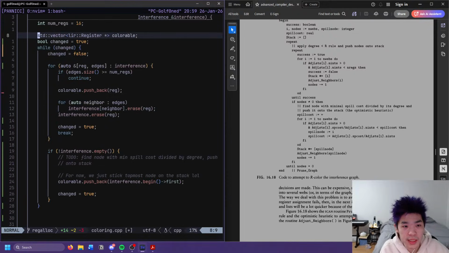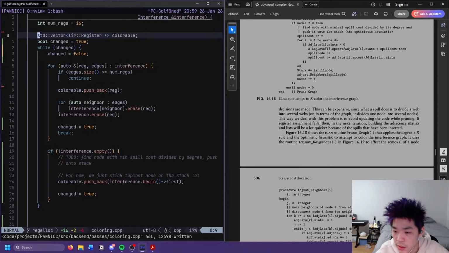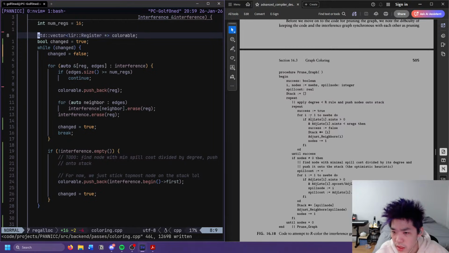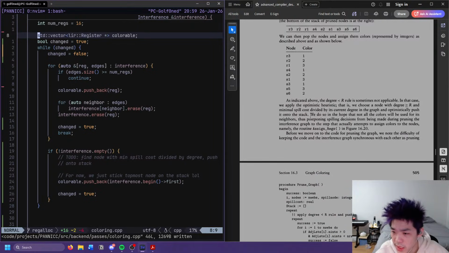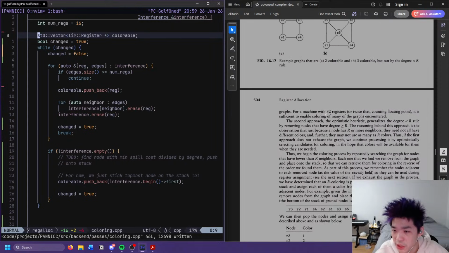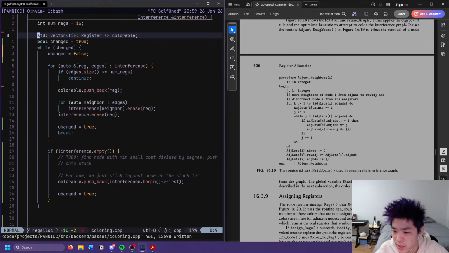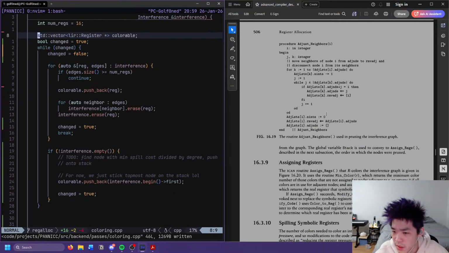Okay, so this is the quote-unquote graph pruning thing that happens here. Or wait. Is this? Yeah, okay, this should just be pruning, or I guess just coloring. So what do we do from here? Oh, wait, no, I get this now. Wait.